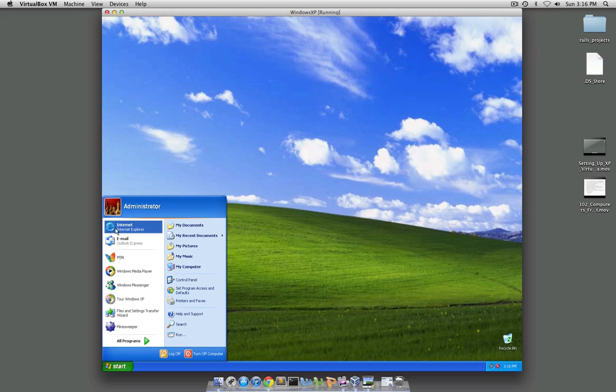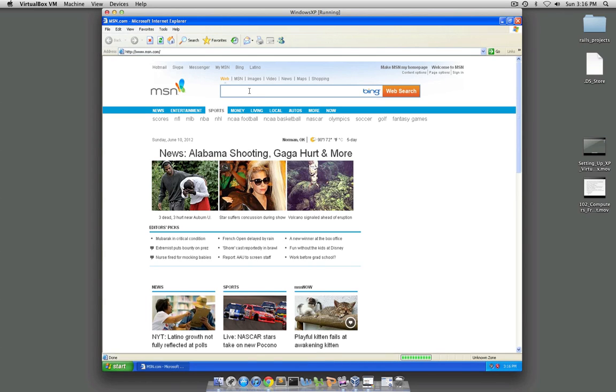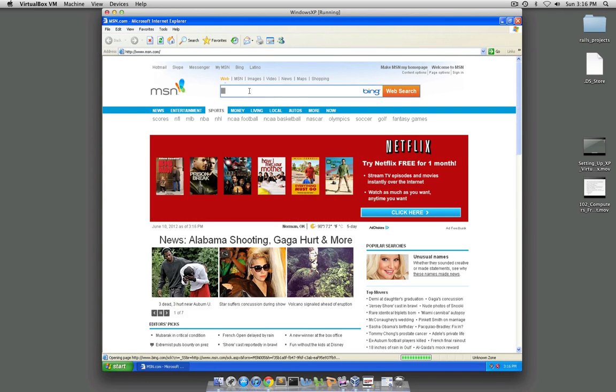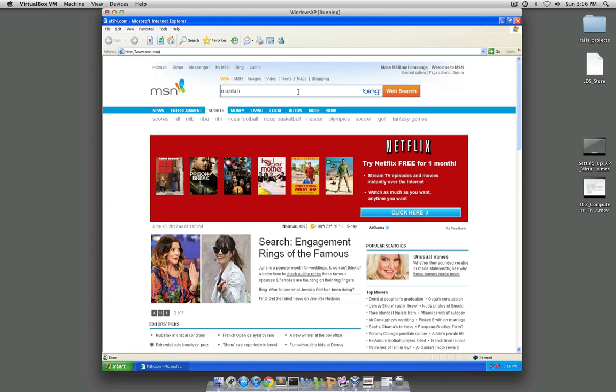So what is a good option to use? Well, we have to get some other internet browser on this computer, so this one time we are going to go ahead and use Internet Explorer, but we're going to use the search feature here, and we're going to search out Mozilla, the people that make Firefox. We're going to go to that download, so I'm going to go ahead and finish typing in Mozilla Firefox here,